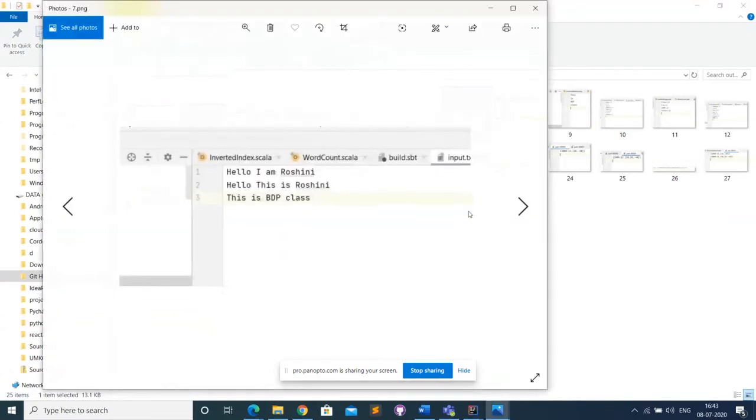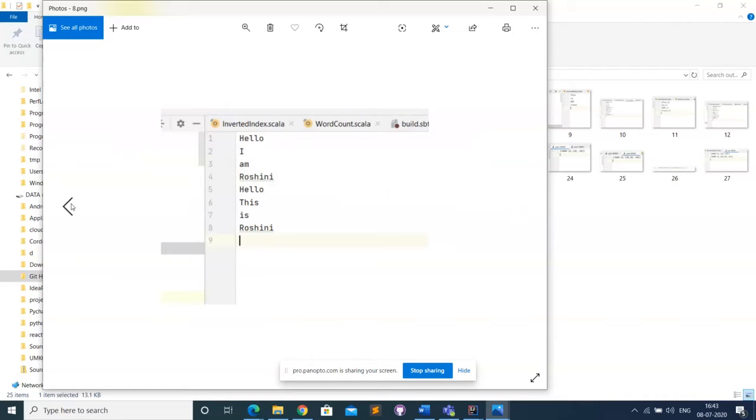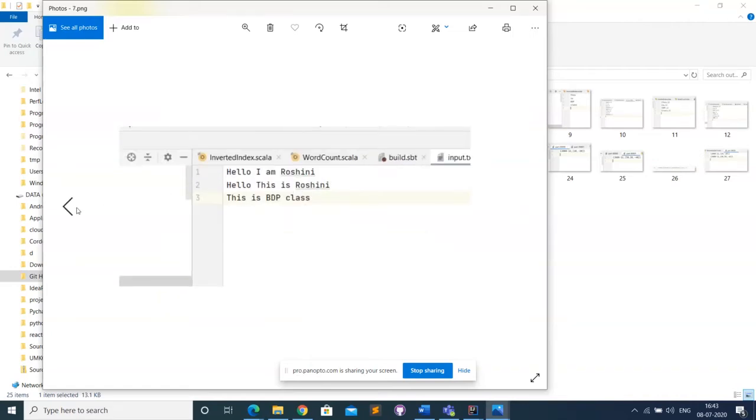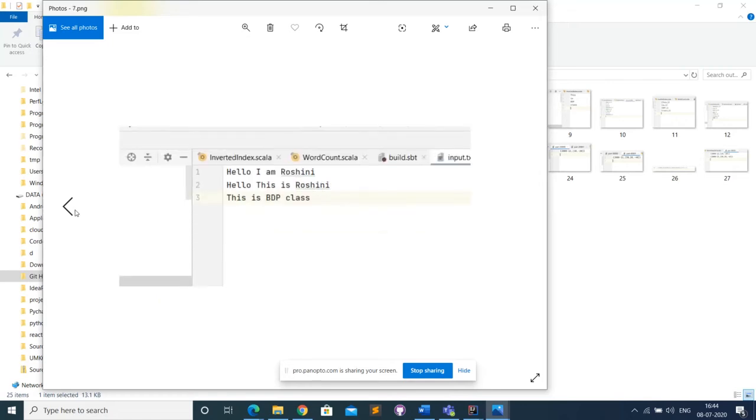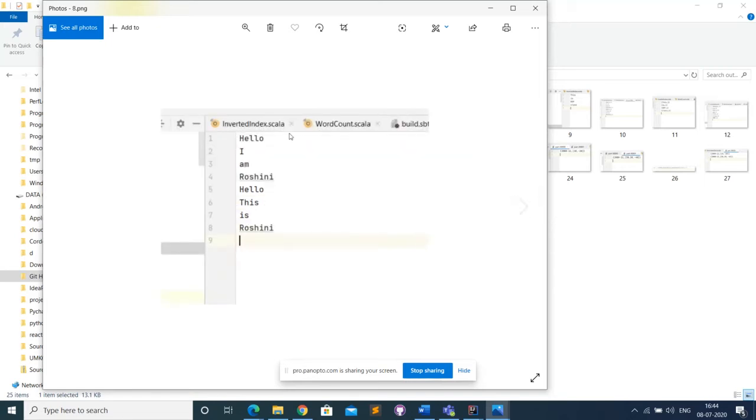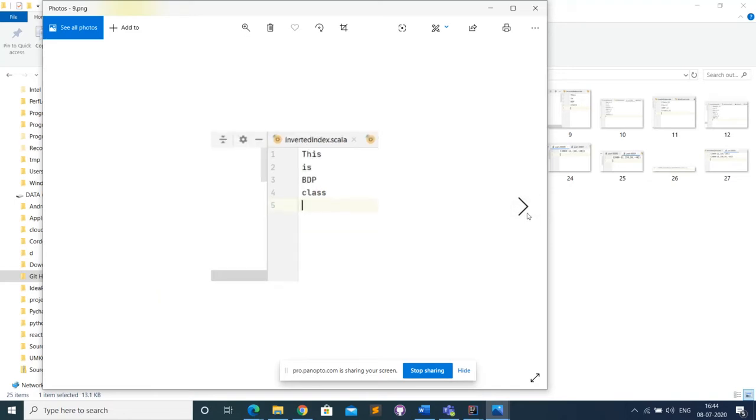This is the input that we have given to the program. After that, it is going to split into lines. So Hala and Roshni is going to be the first line. If this is passed into the flat map, I'm going to receive Hala and Roshni as split words. Actually I have got 3 lines, but if we didn't specify the reducers or the partitioners, it's going to take the default as 2. So this is going to be there in 2 outputs. As you can see, the 3 lines have come in 2 outputs.